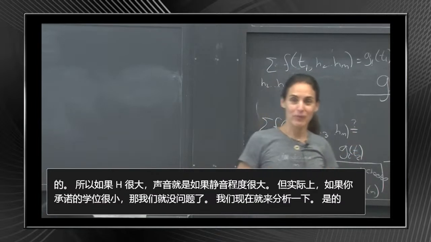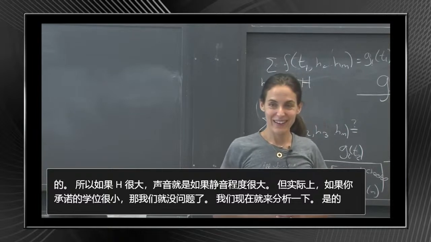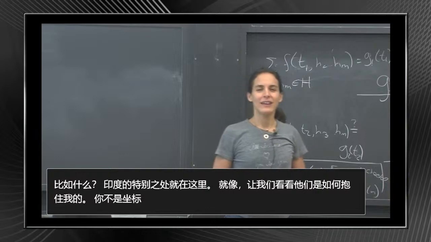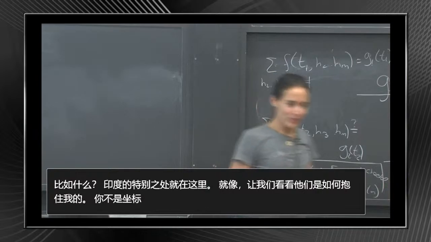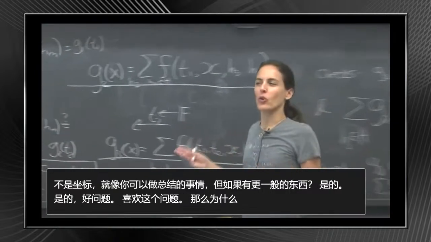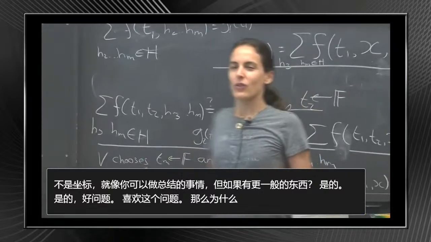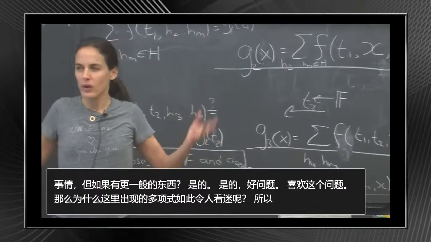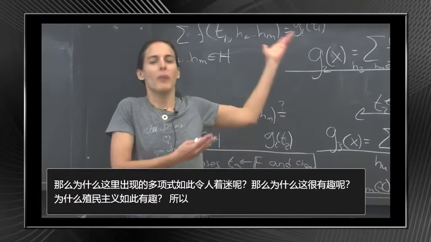Can you say something about what's so special about polynomials here? I see that they can only agree on d coordinates, and you can do the summation thing, but is there something more general happening? Yes. Great question. Love the question. So what's so fascinating about polynomials that comes up here? Why are polynomials so important, that this comes up everywhere?